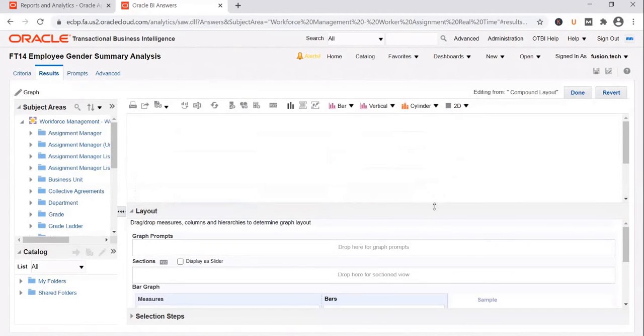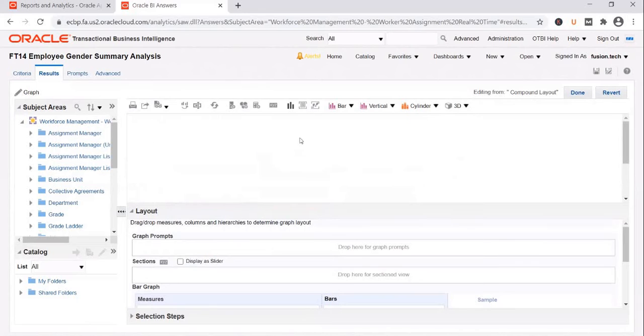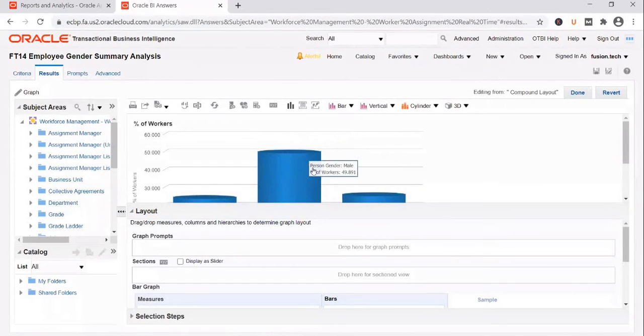That's okay. Let's change it to cylindrical. And if you change it to cylindrical, you see that the shape has changed to cylindrical. And you can also print it in 3D format. If you change it to 3D, you see that it gets displayed in 3D format. So this way you have hundreds of combinations. You can play around with it.